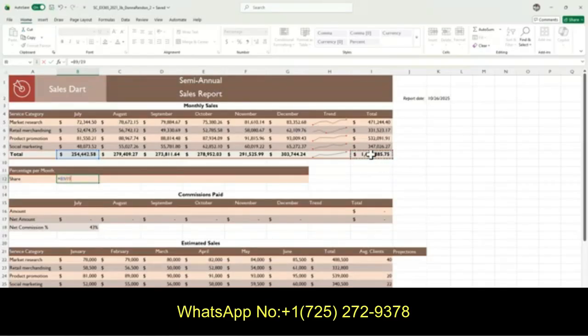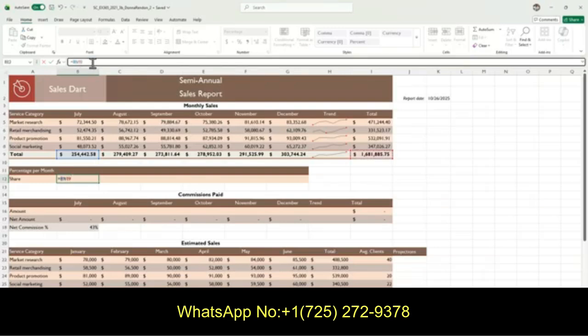Okay, so then it says the absolute reference, we have to put the absolute reference here. So you can type $ in between or click the I9 and press F4 on your keyboard.